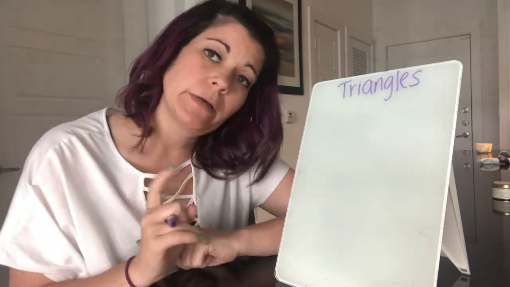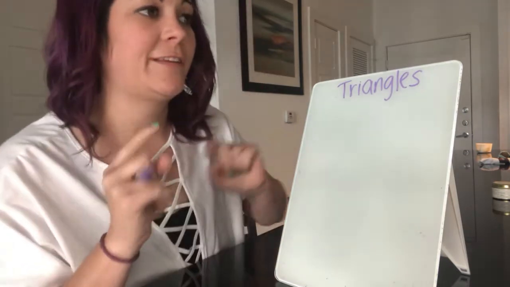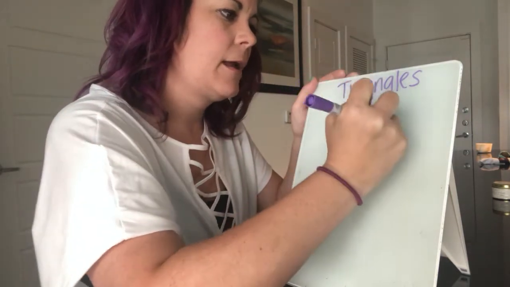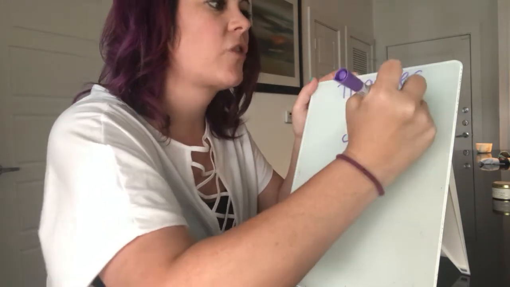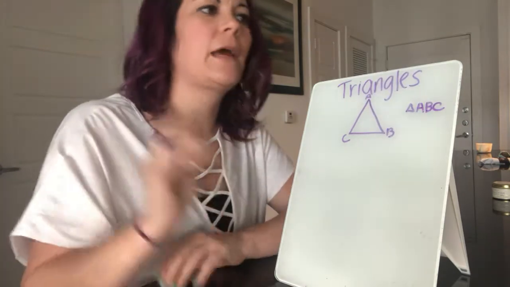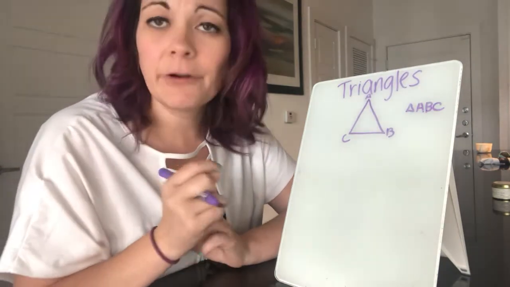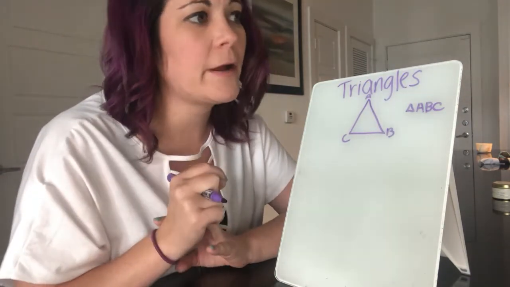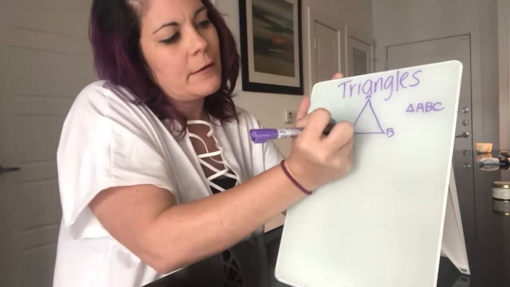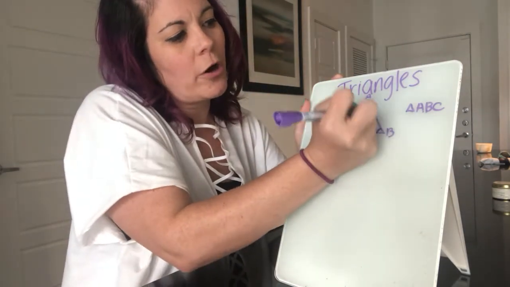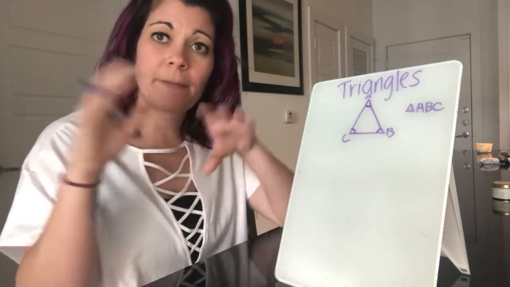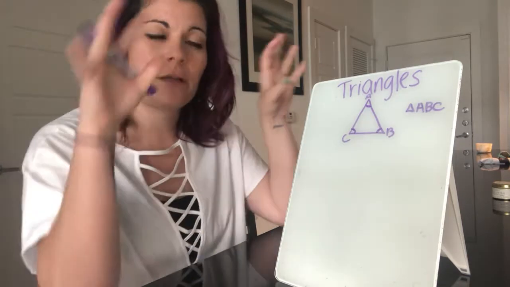So a triangle is named by its vertices. If I have a triangle and I name this ABC, then this is triangle ABC. So it's named by its vertices. An interior angle, let's talk about that. An interior angle is an angle inside the triangle formed by two adjacent sides. So these angles are interior. Interior means it's inside. If we're talking about finding the interior angle of this triangle, then you know you're looking